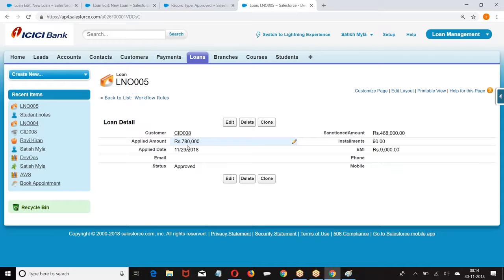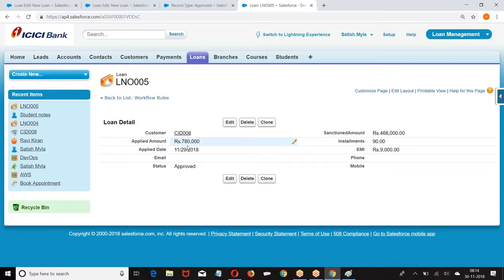So the moment we change the value, record type is changed. For the same user, the same record should be visible in two formats based on the value of a field. If the value of the field is pending, I have to see ABC fields. If the value of the field is approved, I have to see XYZ. How will you achieve it? Workflow rule with a field update with a record type. For the same user, same object, if you want to show in more than one format, it is always record type.